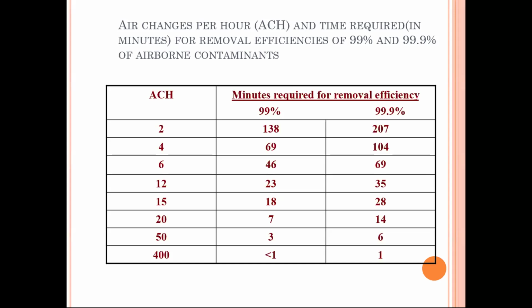ये थोड़ा सा ये दिखाया हुआ है कि अगर कोई बैक्टीरिया, वायरस या एयर में कुछ भी है तो उसको कितनी देर में वो बाहर हम निकाल सकते हैं। वो यही है कि जितना ज्यादा एसीएच होगा उतनी जल्दी वो बैक्टीरिया, वायरस या जो भी पार्टिकल्स हैं, आजकल पोल्यूशन है, पीपीएम भी है, तो वो सब भी बाहर उतनी जल्दी, जितनी एयर चेंज होएगी उतना ज्यादा जल्दी निकल सकता है।